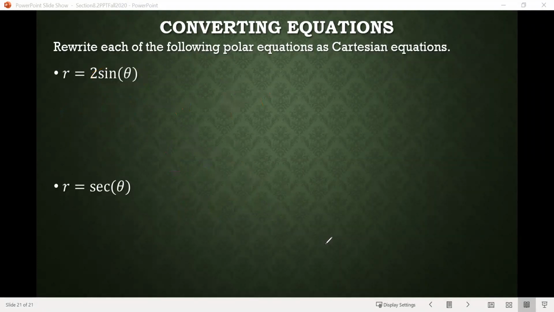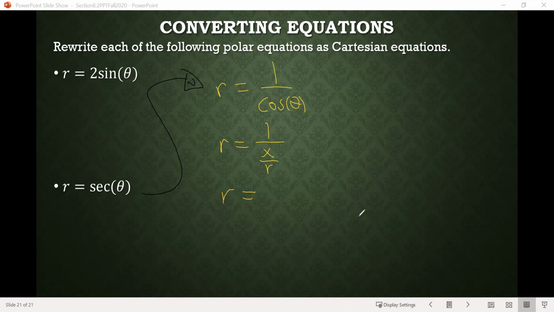All right, one more example. So r equals secant of theta. And this one is going to take a little more finagling. So first of all, we know that secant is equal to 1 over cosine, which at first might seem like, okay, that's not helpful, Cody, because we're trying to get rid of r's and thetas. But it does get us going somewhere because we know, in this case, that cosine is the same as x over r. So now we have 1 over x over r,